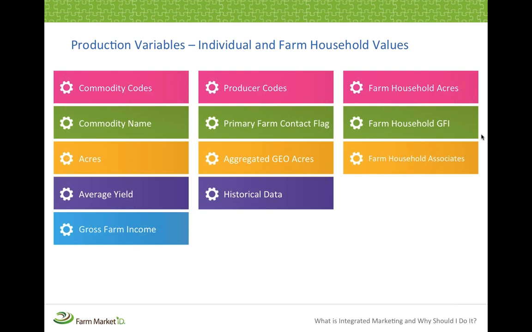Because our data starts at the land, goes to the crop, then goes to the people in the farm, you're able to analyze your existing customers and then specifically identify prospects that meet your key profile demographics. Traditionally, we've always had crop name, acres, gross farm income, but now with the land and the linkage that provides, we're able to provide you aggregated geographic acres around a specific location or a specific